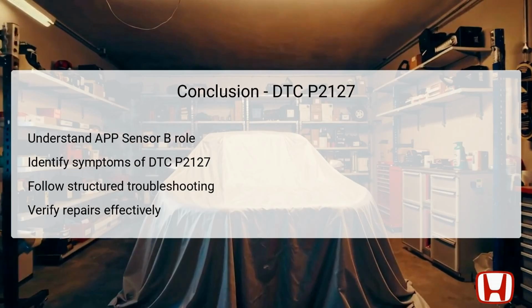In conclusion, understanding the role and functionality of the APP sensor B is vital when dealing with DTC P2127. Identifying the symptoms associated with this trouble code can help in diagnosing severity and urgency, allowing technicians to address the problem promptly. Following a structured troubleshooting methodology ensures that the most common fault sources are systematically evaluated and ruled out,